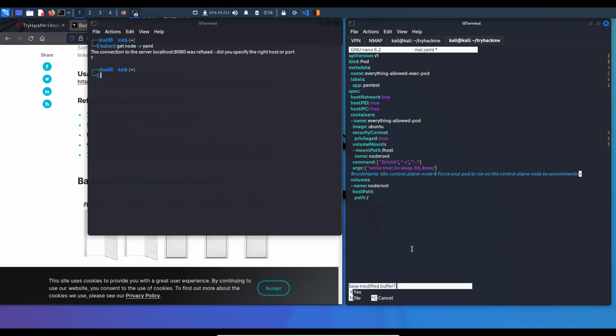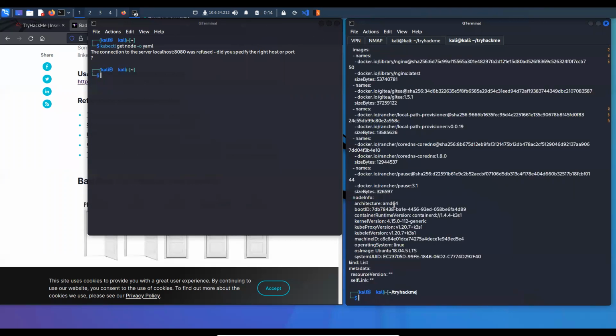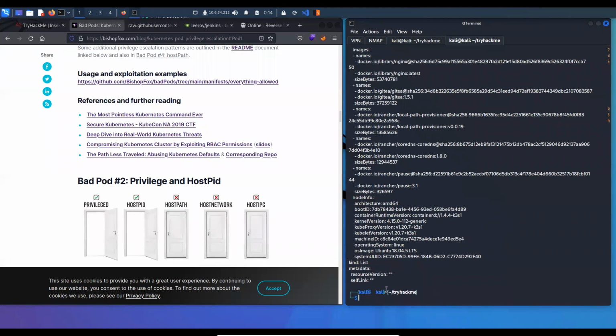Hold on. Control exit. All right. So is it possible that I'm using a different terminal? Let's give it a try. There you go. So this terminal doesn't have this alias stored in the memory, let's call it. So if I type the same command over here, which is this kubectl get node or YAML, so I'm getting